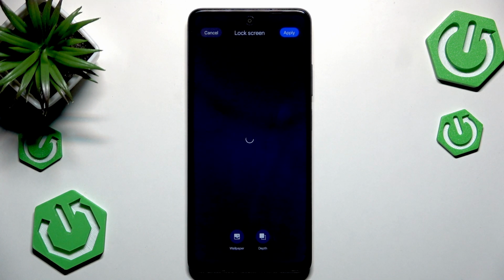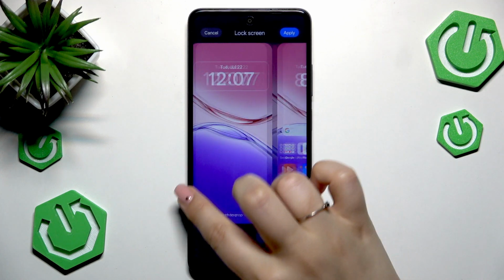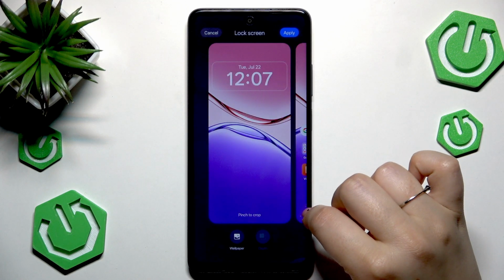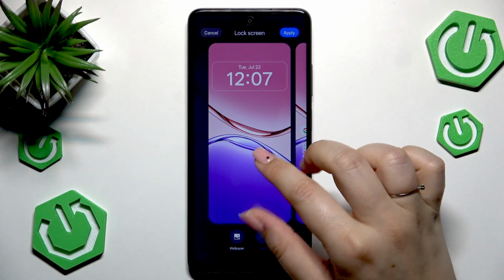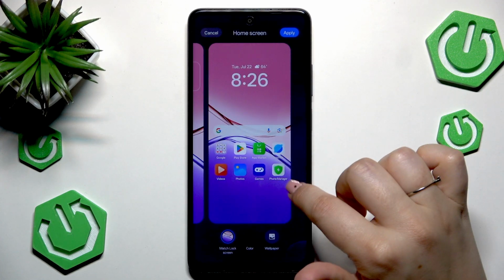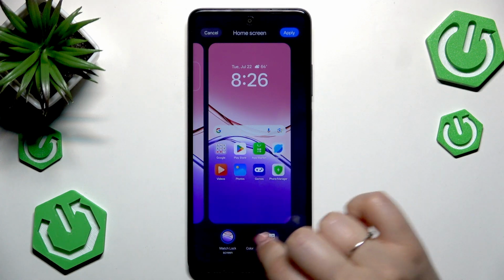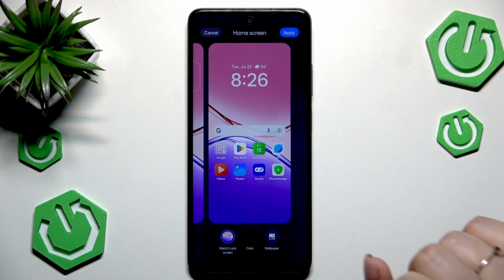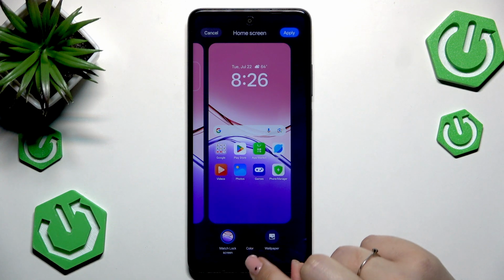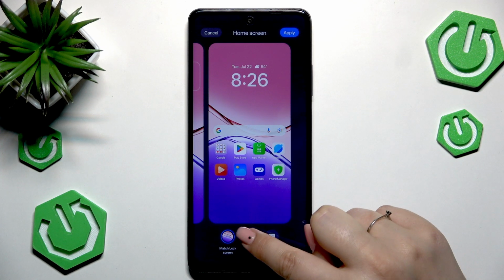Now it will appear on the full screen. So here you can check the preview. You can pinch it to crop the wallpaper as you like. And after switching to the homepage preview, let's say, here we've got this color option, which means that after tapping on it, we can set